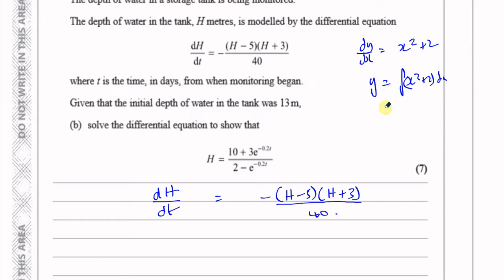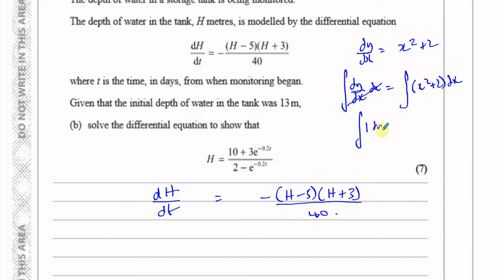I'm just going to explain a little bit of where it comes from, so that we understand the basis of these differential equations. What you're actually doing is you're saying, let's integrate this side with respect to x. Therefore, we must integrate the other side also with respect to x. So you end up with the integral of 1 times dy equals the integral of x squared plus 2 dx. And when you integrate 1 with respect to y, you're going to get y. And then you integrate this side with respect to x, you get x cubed over 3 plus 2x plus c,